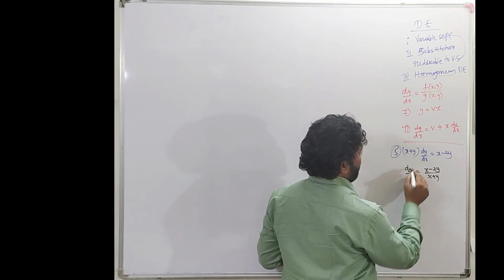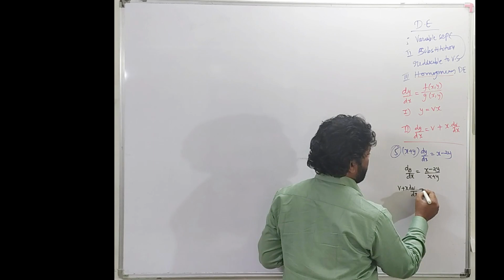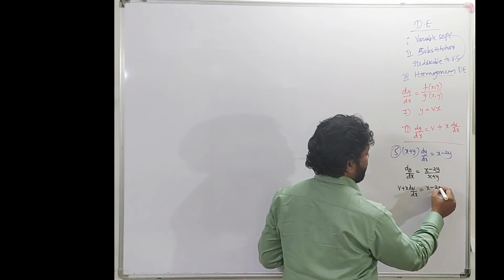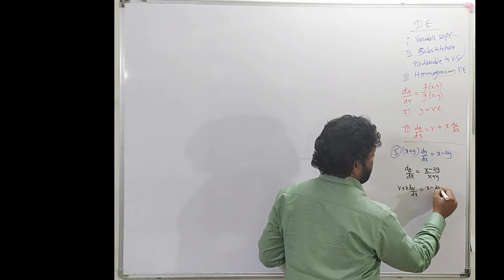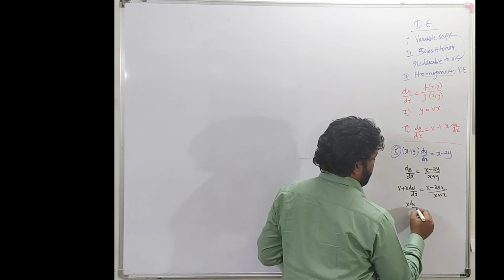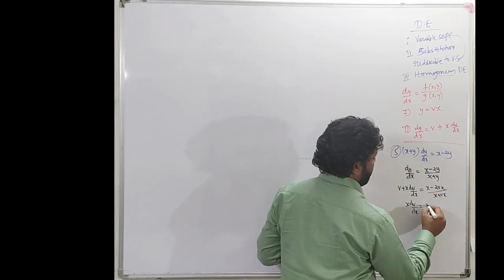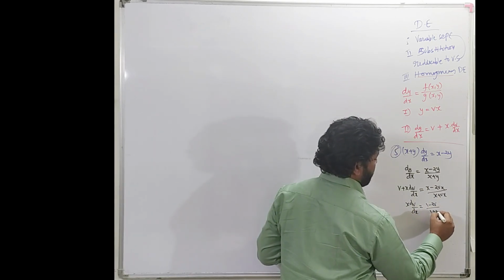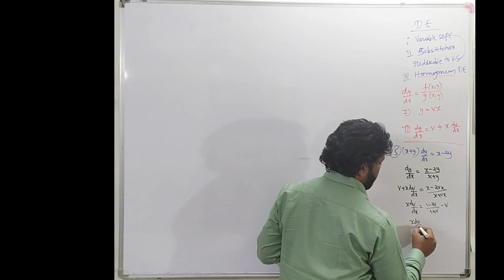So substituting dy by dx as v plus x dv by dx, and vx instead of y. So simplifying algebraically, x we can take out common from numerator and denominator, it gets cancelled, and we shift on the other side minus v,